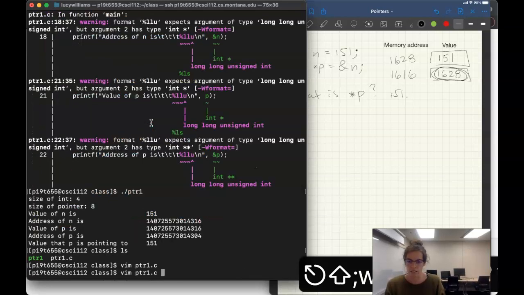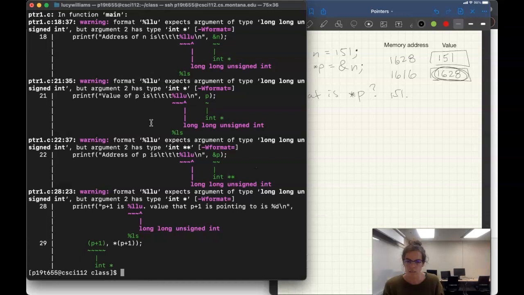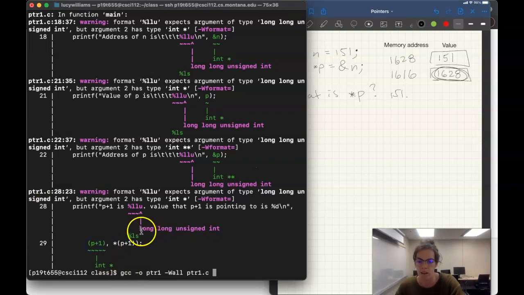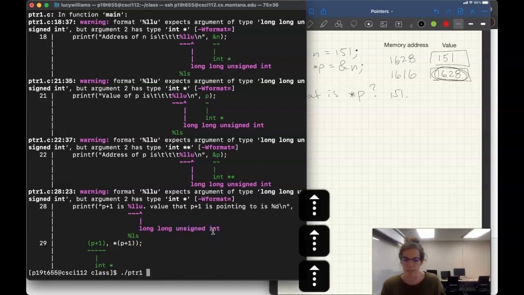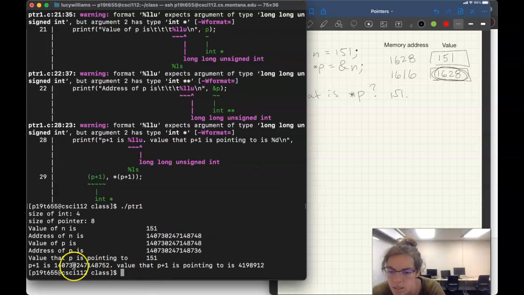And let's take a look at this. I think this is again just telling me, yeah, same warning. This p plus 1 is a pointer, but I'm using the long unsigned int so that I can have it as an int instead of a hex number. So maybe if we go back over here,